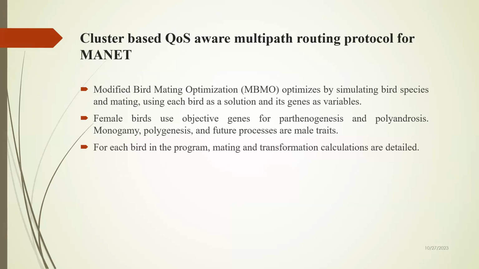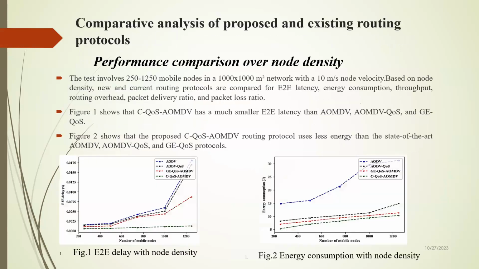We modify the MBMO algorithm, a bird mating optimization with each bird representing a solution, employing the polled birds and with the genes representing the objective value and male characteristics, including the monogamy and detail with the calculation, depending on the mating and transforming the process of each bird in the algorithm. And we have to see comparative analysis of the proposed and existing routing protocols with the